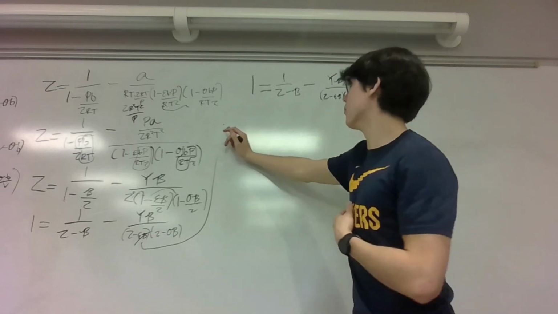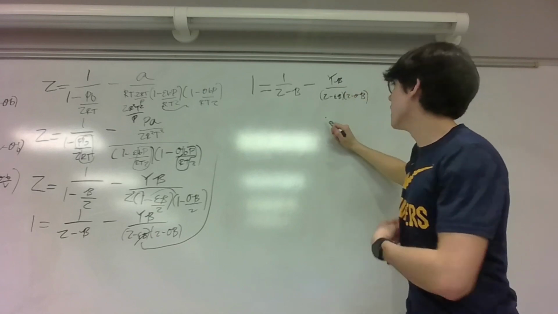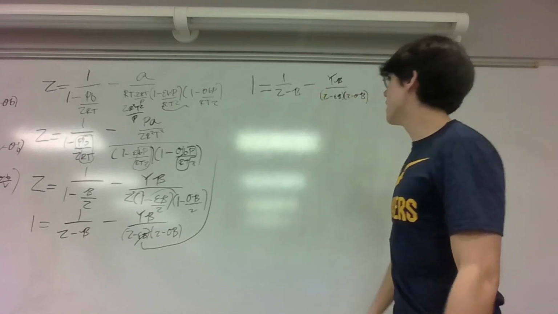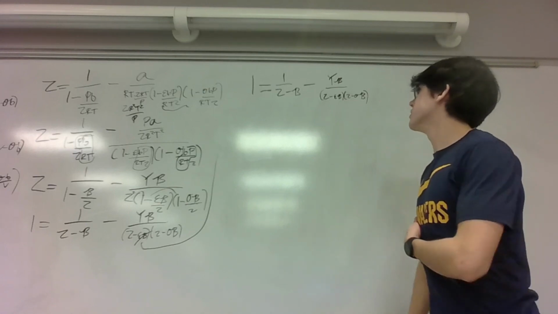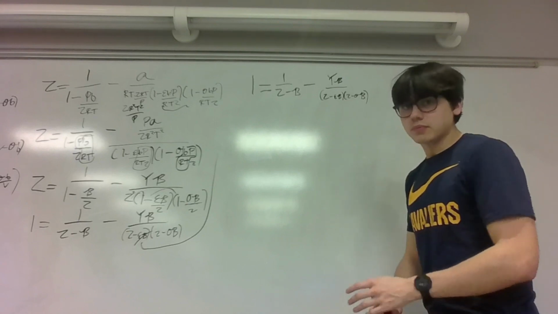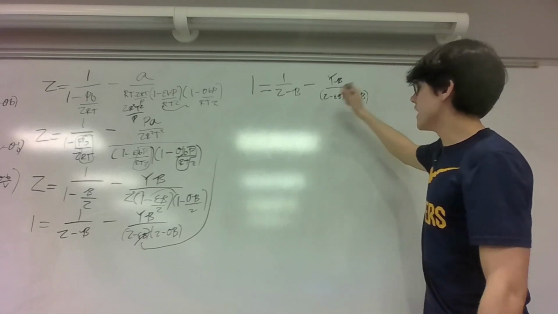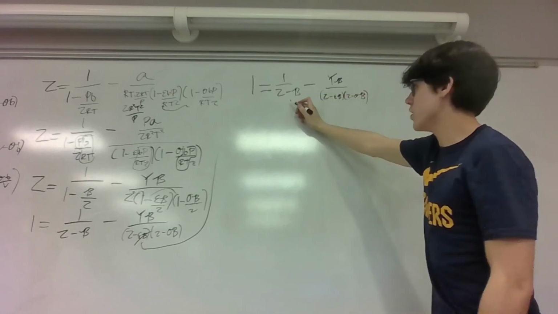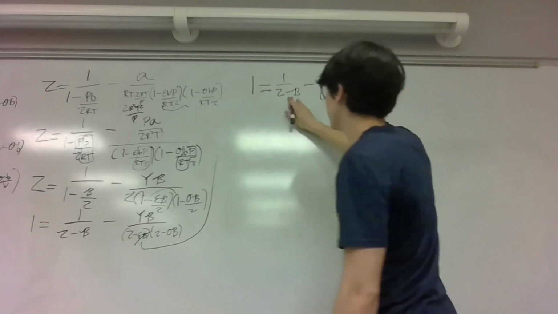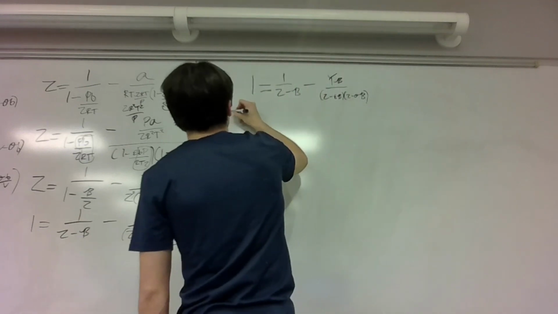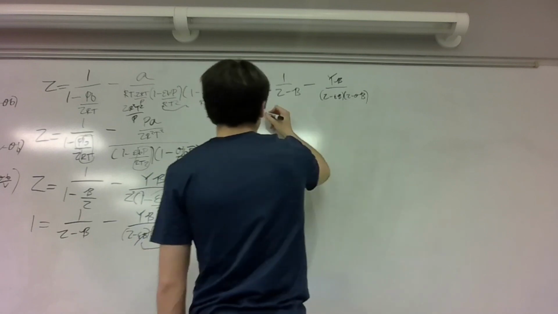So we get to the point in the equation where we have 1 is equal to 1 over Z minus beta minus Y beta over Z minus epsilon beta times Z minus omega beta. And how we're going to solve this and turn it into a cubic equation is by multiplying each side of this expression by the cubic equation that we get by multiplying the denominators together. So by multiplying the denominators together, we're going to get Z minus beta times this quadratic expression, which is Z